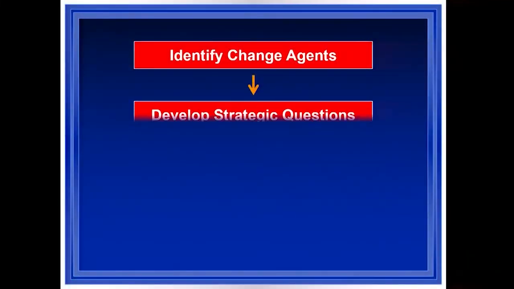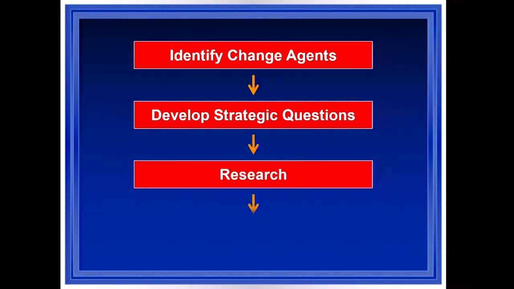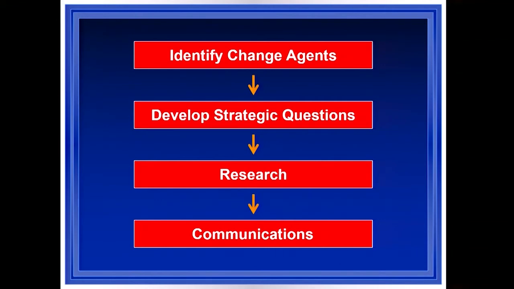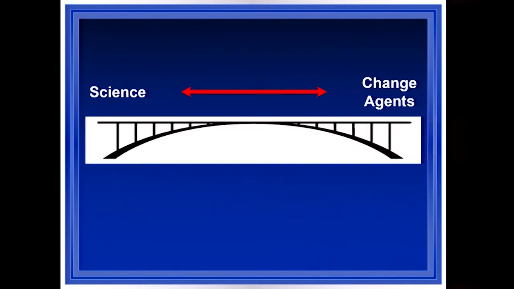And so the model looks like this, where it begins with identification of the change agents, developing strategic research questions, conducting the research, and then filling the gap that very often gets left by communicating this information back to the change agents. And you hope that this creates a virtuous cycle of solutions. And very often, talking with the change agents generates an interesting set of research questions that one might not have thought to ask otherwise, because basically we're talking to each other as scientists. So this two-way communication between